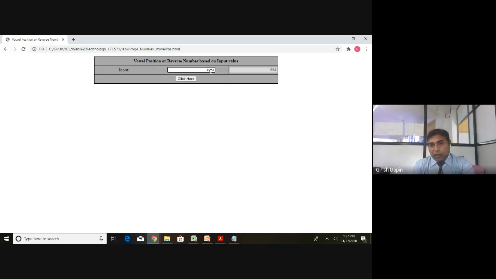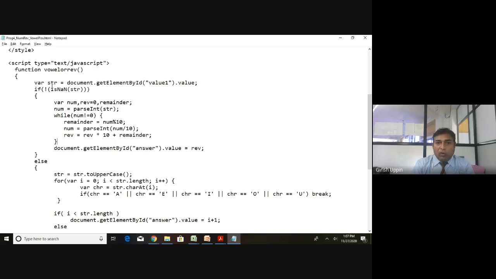Now in this particular input, I have given xyza, and again I click on this button. When I click on this button, it will get the value of this object. Now what will I get? I will get xyza is not a number. Xyza, answer is what? It is not a number. True, the answer is true, this will return true. Then I am complementing that true to false. False means it will come to the false block. Else, what is there inside the else?